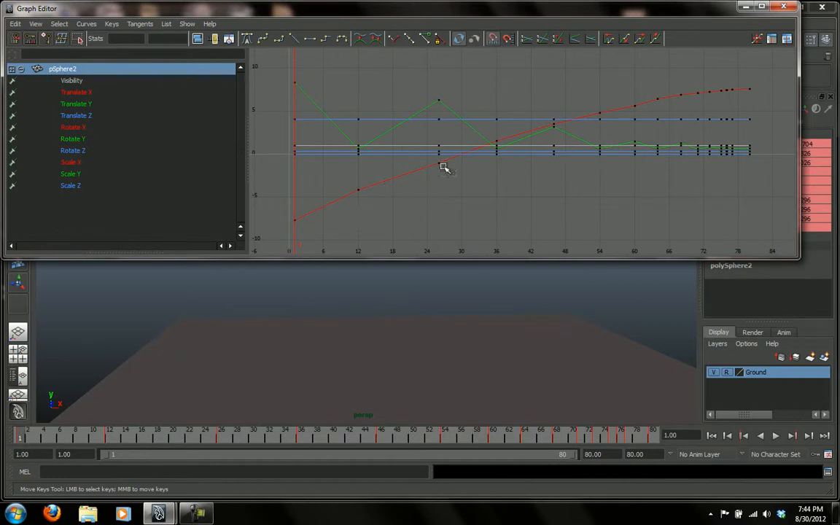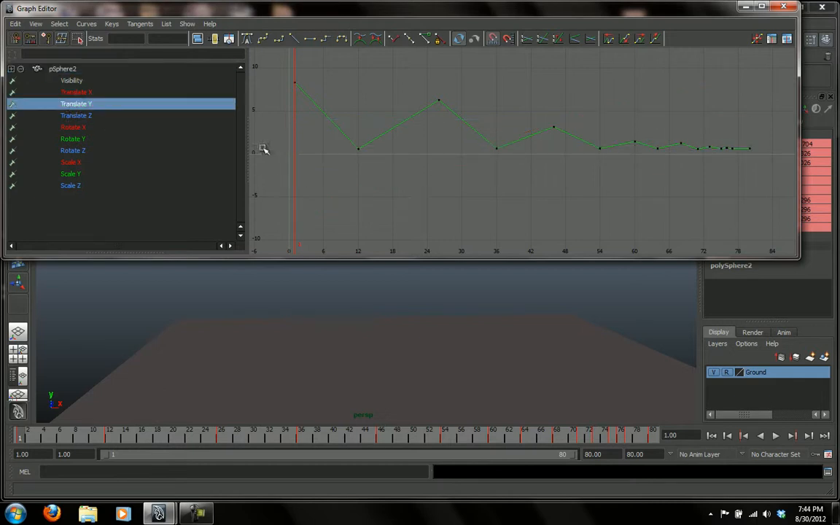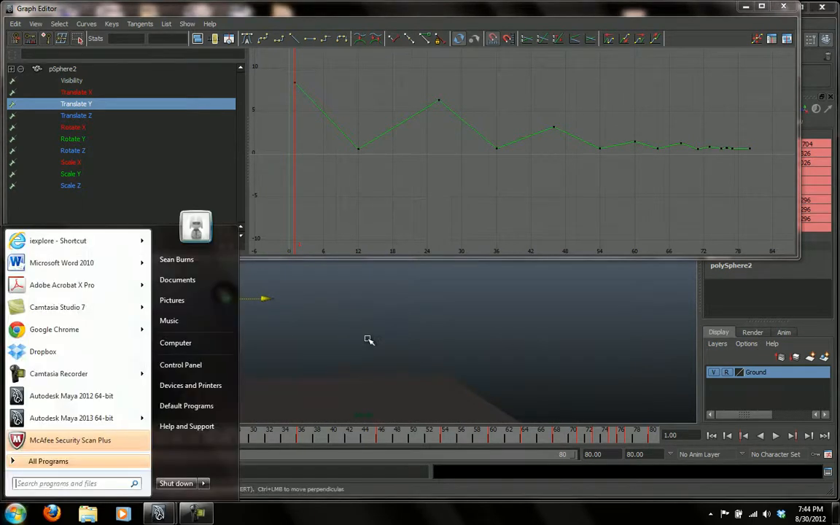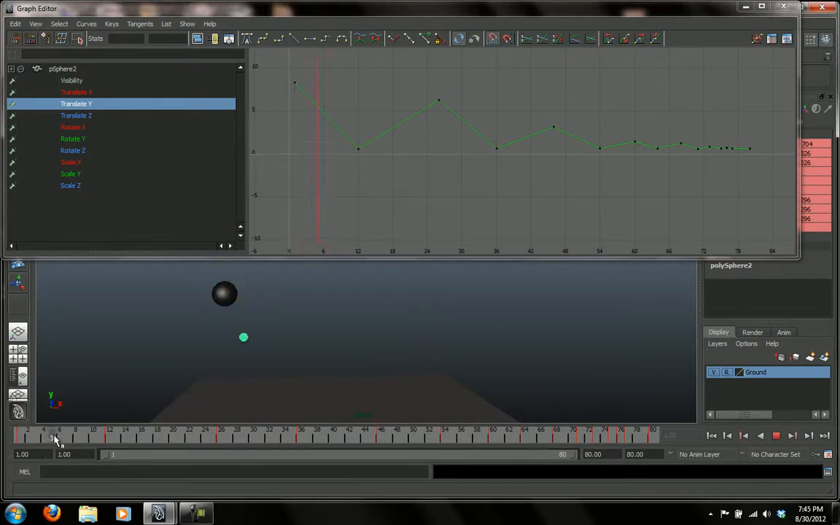Now I'm looking at my curves here, and we can isolate it. So I'm going to look at just the translate Y, which is the up and down motion. And what these curves are, is they give you kind of an accurate representation of what your object is actually doing. And as you can see, it's looking kind of linear and mechanical,